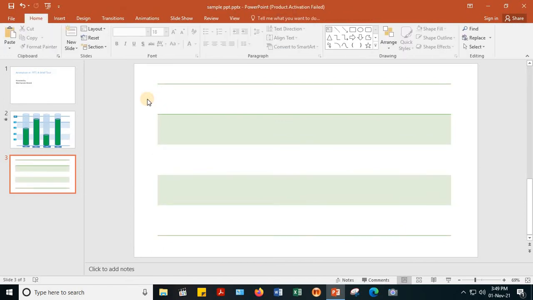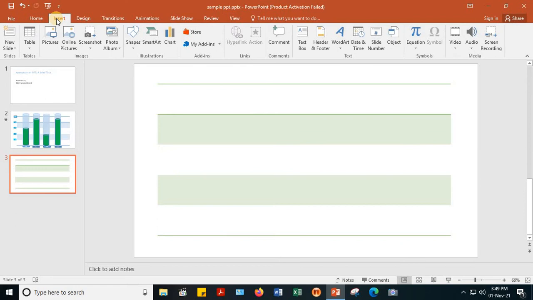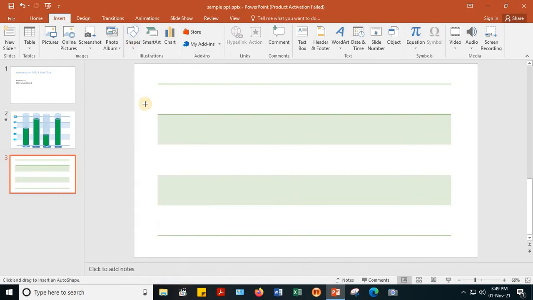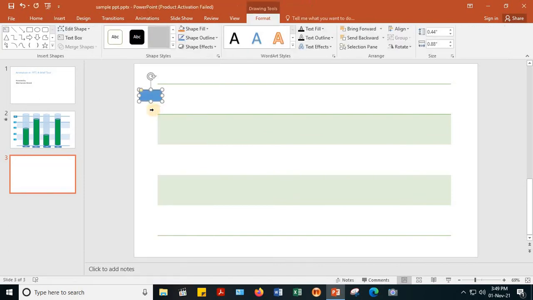Here I'll insert a shape on which the number can be placed. So this is the shape I'm taking. You see, this is the shape, and then the color of the shape can be changed. It is now blue.